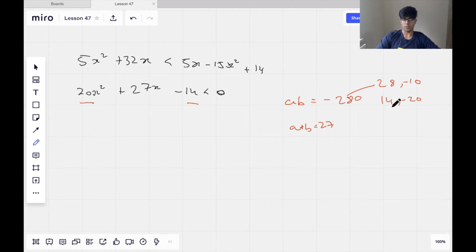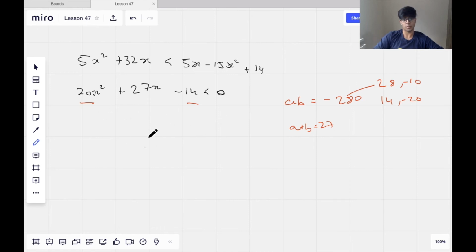So let's think of another number, maybe something between 14 and 28. Maybe 20. Oh no, that doesn't work because 20 is the 14th there. So let's see. I could keep going thinking about this, but since I've got it this quickly, I know I can just get my quadratic formula out and probably solve it a lot quicker. If you give this a go and it's taking a bit too long, you can save a lot of time in the exam if you just move on